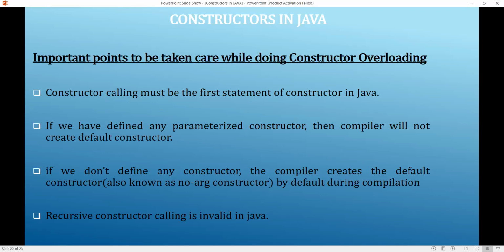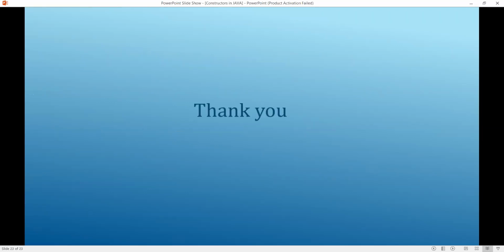Normally, if you do not define a constructor, the compiler automatically creates a default constructor during compilation. And just as recursive method calling exists, recursive constructor calling is not allowed in Java. So this is regarding constructors in Java.